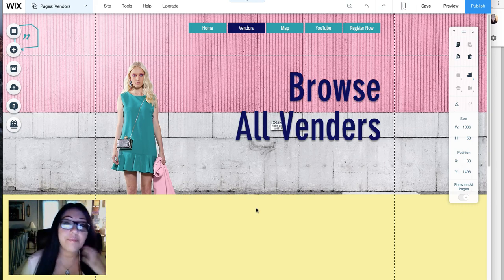So here, I had already worked on this tutorial site, and on this tab, it's supposedly where all the vendors are going to be listed. So that's why I titled it Browse All Vendors. I will eventually do an example with Wix Code on this tab, but for right now, for today, we're going to use the Wix Table Master to display all that information, and I'm going to show you how you can collect all the information from the vendors and how you can edit and download them, use them for whatever you need